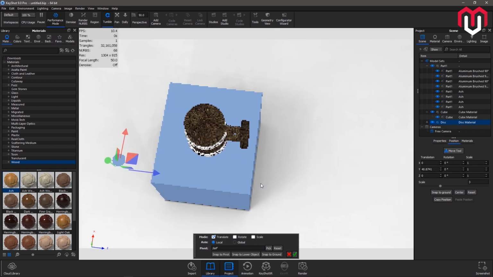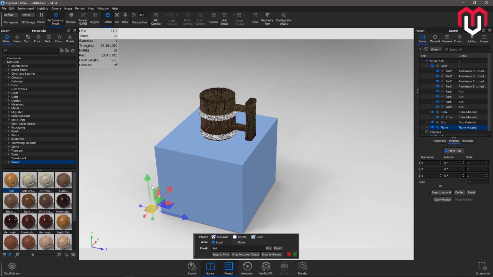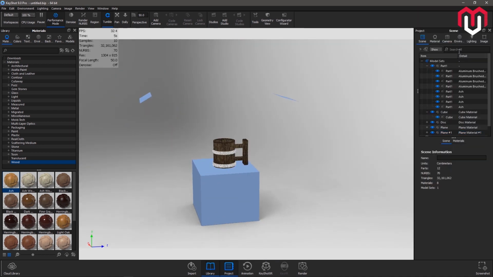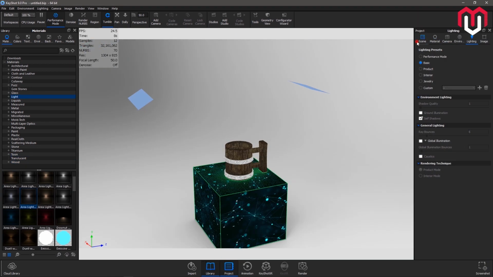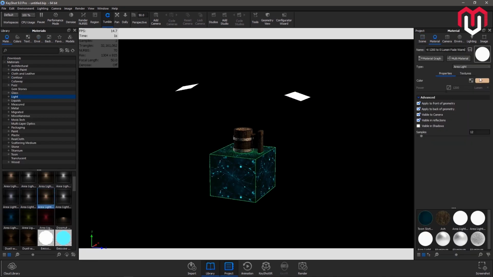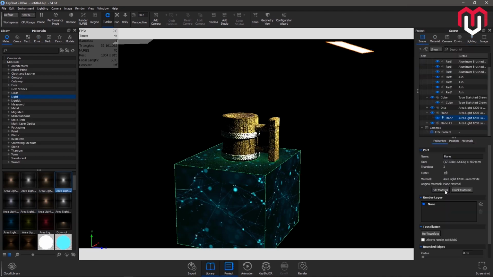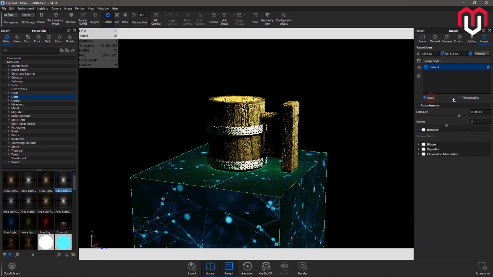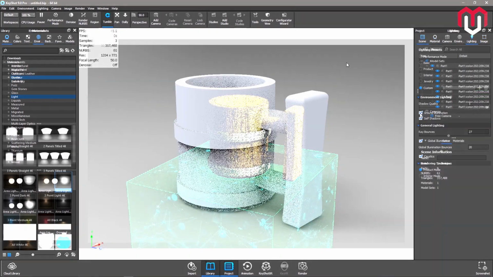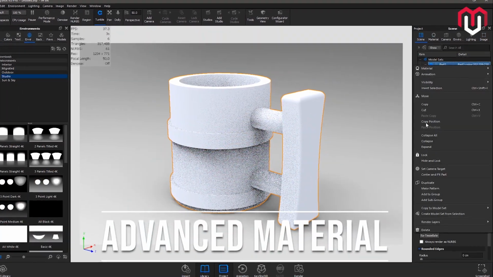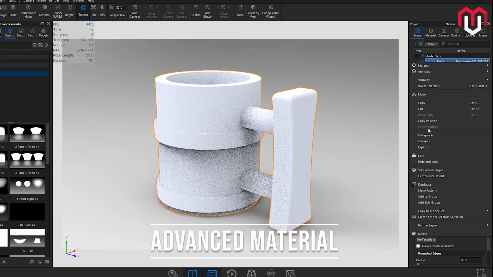If you want to practice on hands-on projects, you can check our KeyShot projects playlist. This video will cover advanced materials found in KeyShot. So let's start. There are total 14 advanced materials found in KeyShot and we will be covering them one by one. The first type in this list is the advanced material.